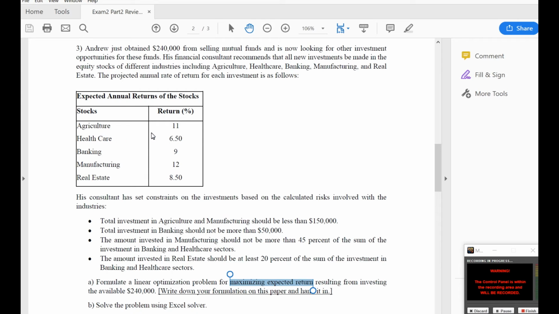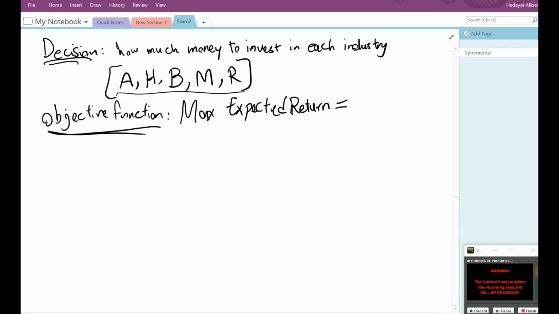So a $1 investment would lead to 0.11 dollar expected return. If instead he invests $8, he's going to get 8 times 11%, right? Plus,